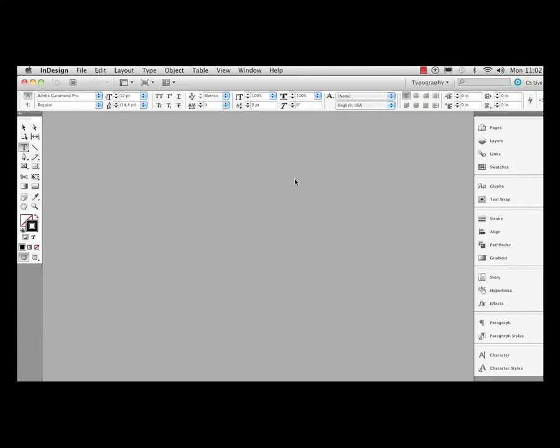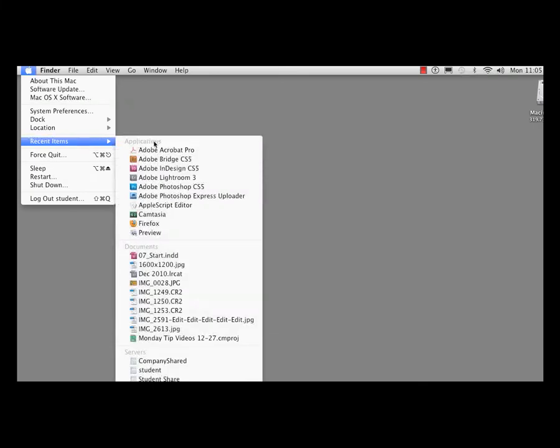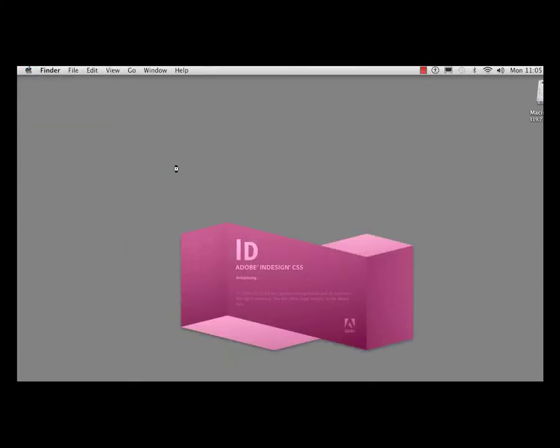And here's the key thing. We want to go under InDesign if you're on a Mac and quit InDesign. If you're on Windows, you want to go under File and Exit. Now the next thing I'm going to do is I'm just going to go on the Mac. I'm going to go up to the Apple menu here and I'm just going to come back to Recent Items and I'm just going to restart InDesign CS5. If you're on Windows, you just go down to the app bar and then restart the program from there